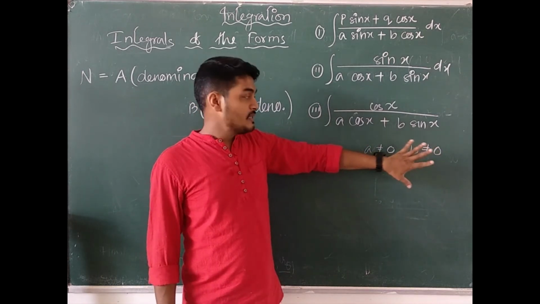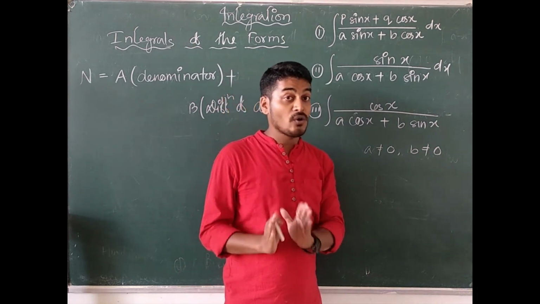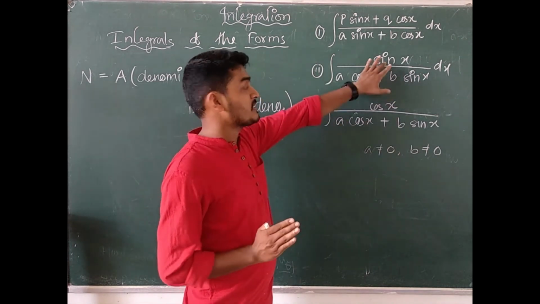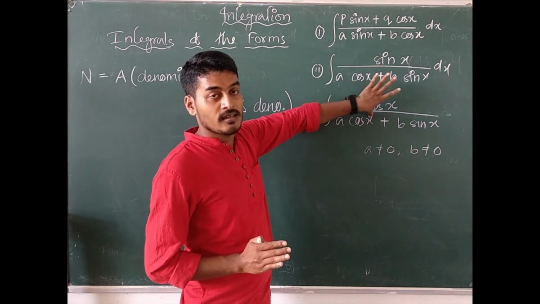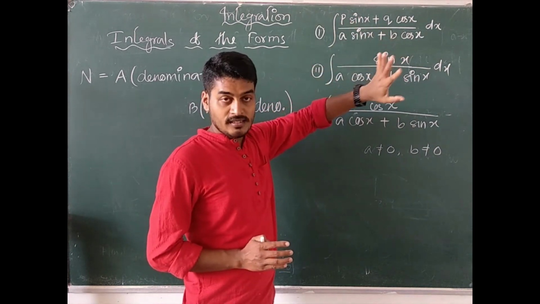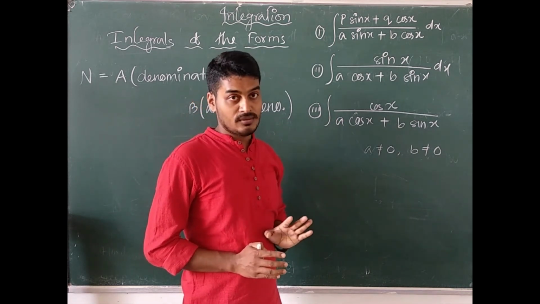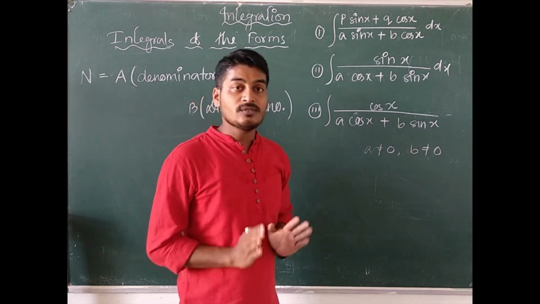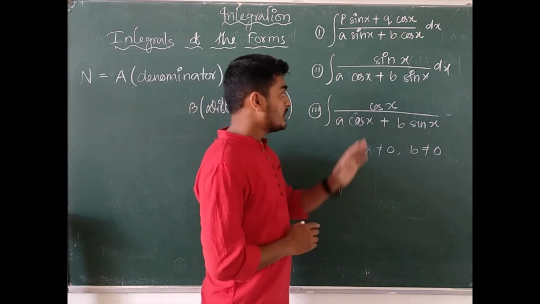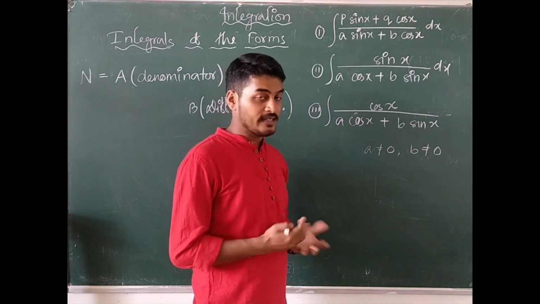simultaneously. That means a or b, either one can be 0, but not both. Any expression which contains sin and cos will be there in the denominator, and the numerator may contain sin x, cos x, or a combination of sin and cos. Remember, p and q are constant quantities and at least one of them is non-zero. Both need not be non-zero, but at least one of them should be non-zero. Remember. So the denominator must have an expression of sin or cos, and the numerator should contain either exactly sin,